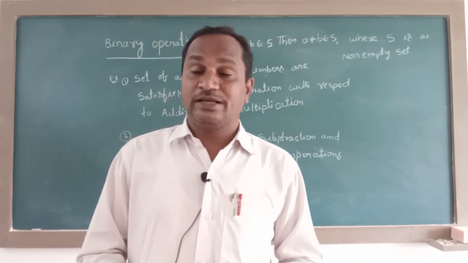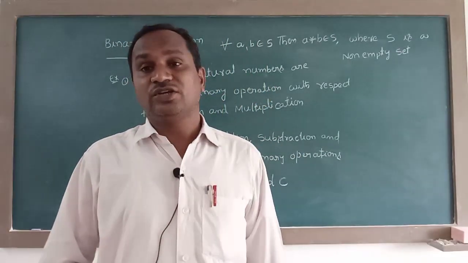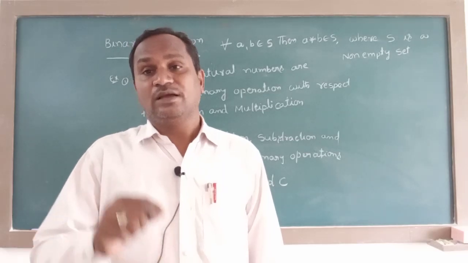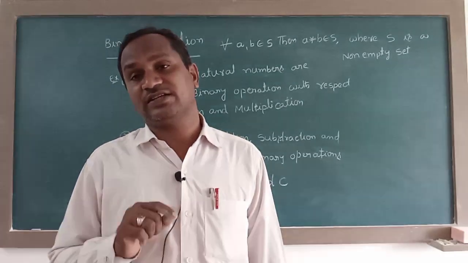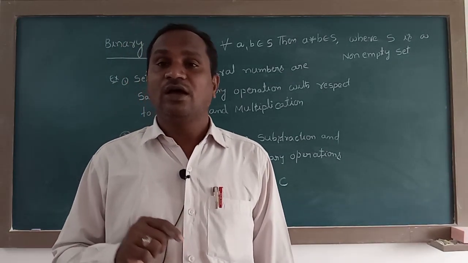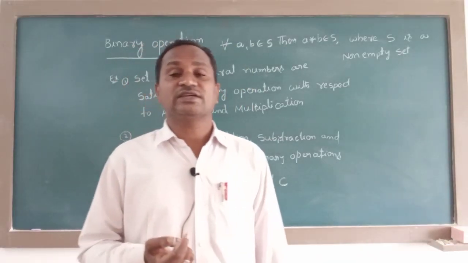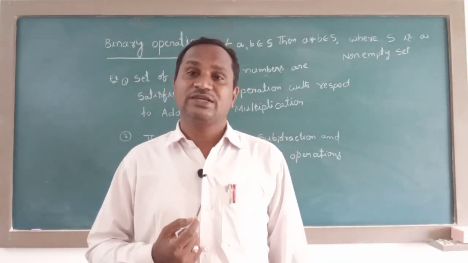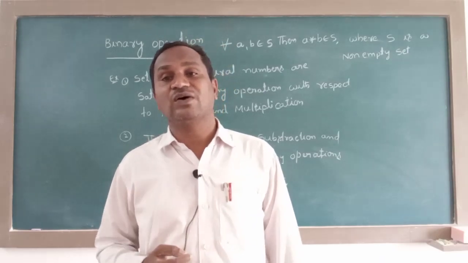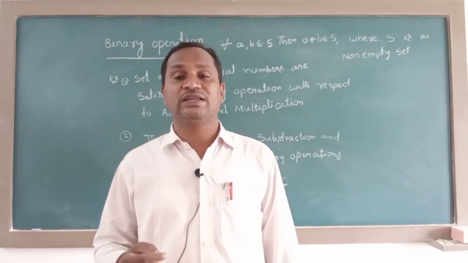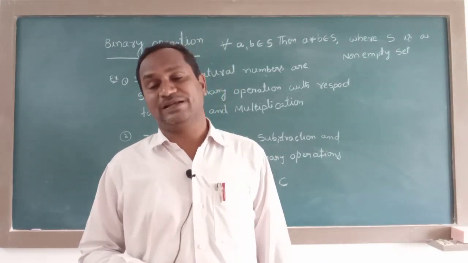But rational numbers means how should the numbers be? Numbers which are in the form of p by q, that means they are fractions. But you are saying 10, no sir? How can you tell 10 as a fraction? To clear the doubt, 10 can also be written as 10 by 1. In the case of 5 also, 5 can be written as 5 by 1. That's why 10, 5, 15, all those numbers are also called rational numbers.